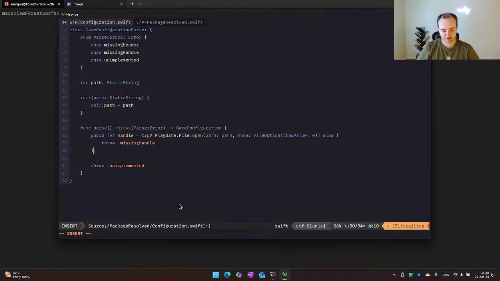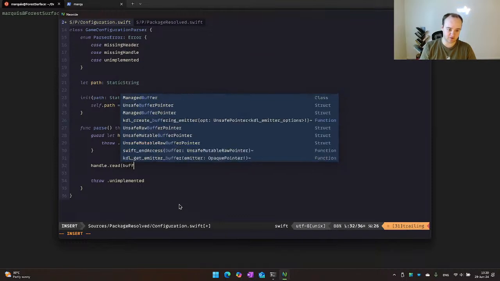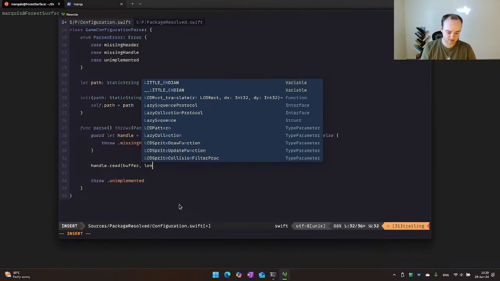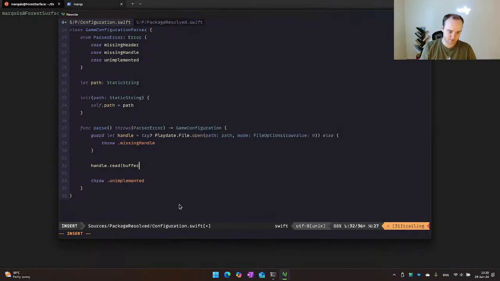All right, because we're going to need to do something along the lines of handle.read. We're going to need to put a buffer into here, and then the length. Buffer, length, some value. Put 99 or something.